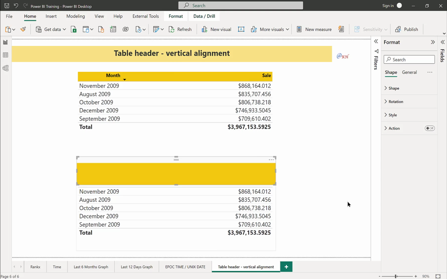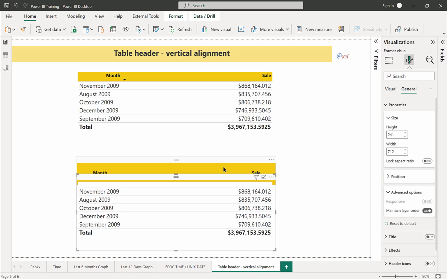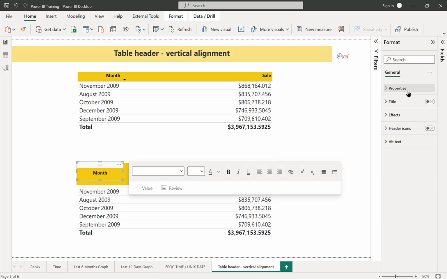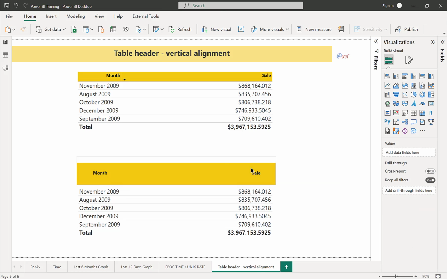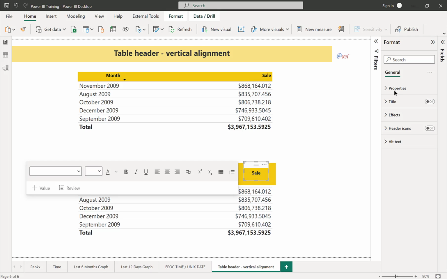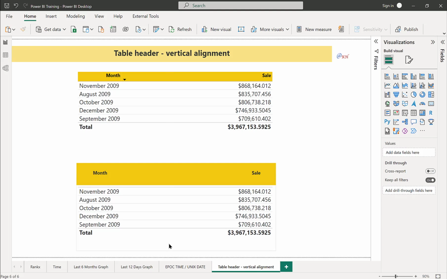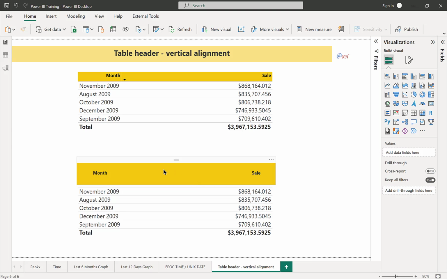Make sure we have turned on this layer option, maintain layer order, for each and every element. So this is the table. We are going to send this table to the back. Format, send to back, and then